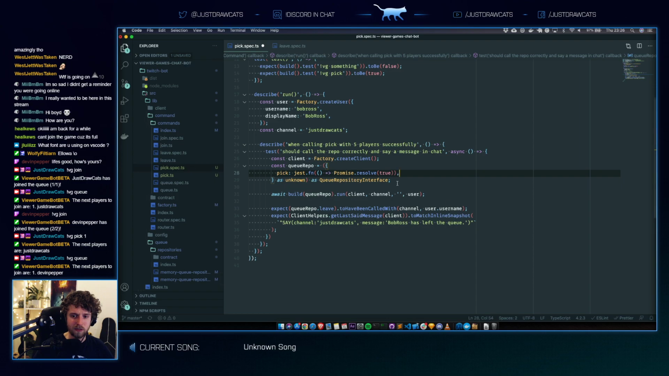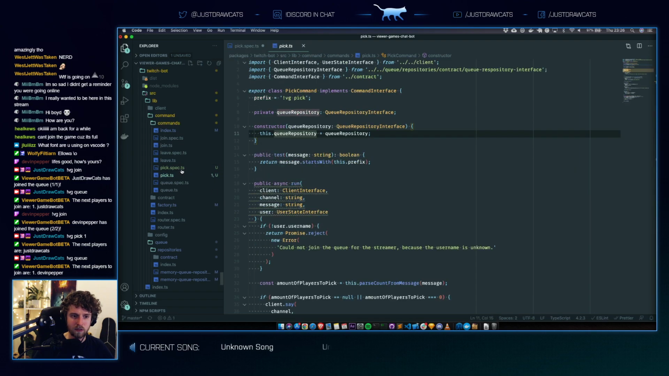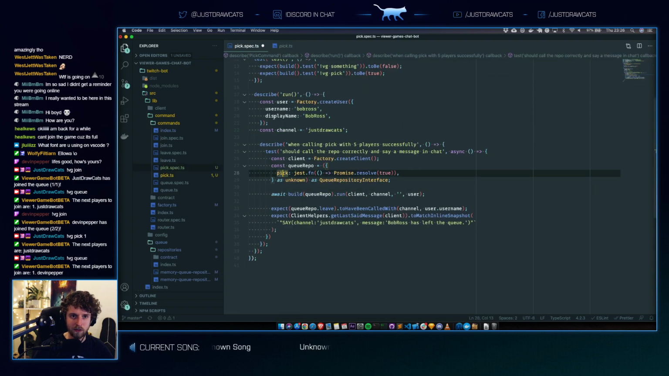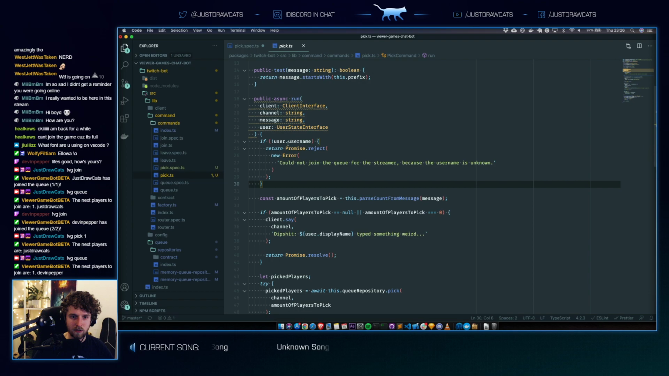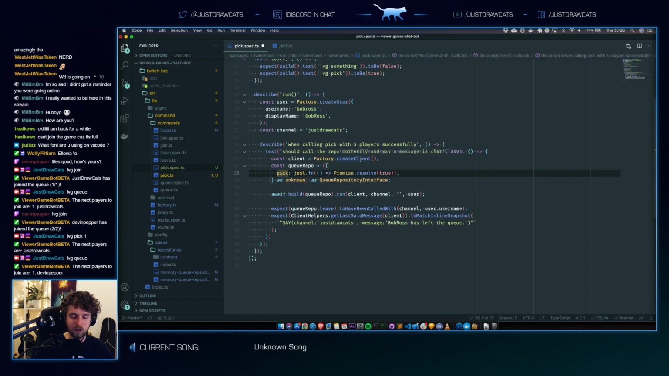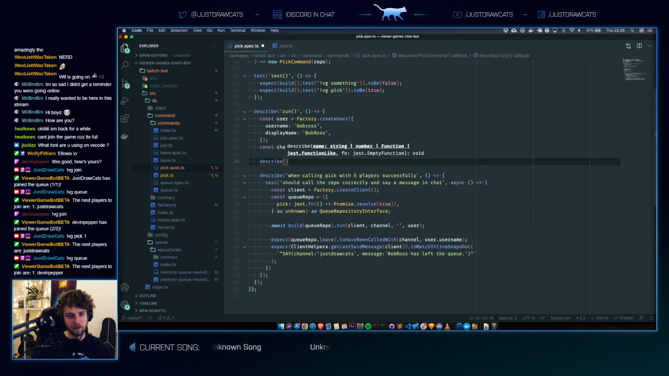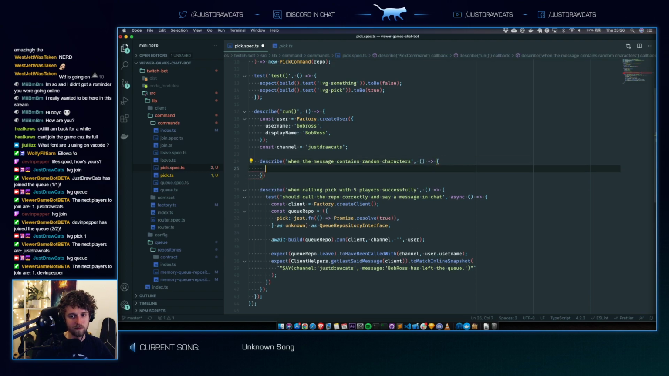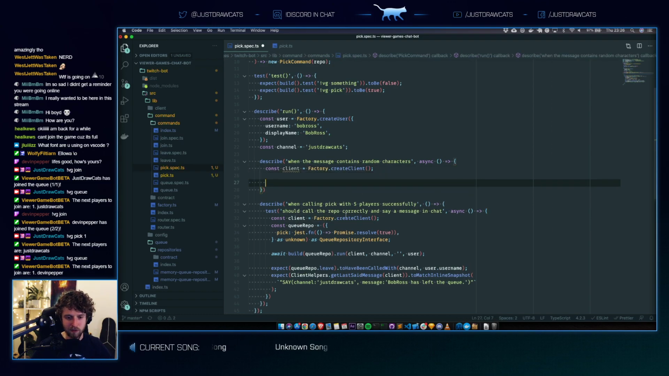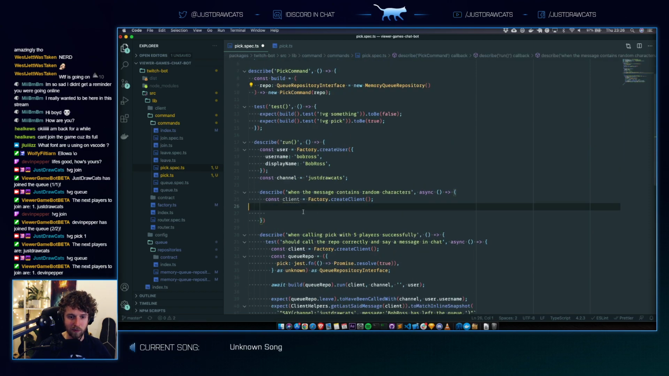We don't really do anything, right? All we care about is that we're calling pick. We check the username, we get the message. Oh yeah, we need to test the message. Describe, when the message contains random characters. Okay. This is even before the repository, like we don't even care. Or do we? Well, we need a repository. By default it's the memory one, so